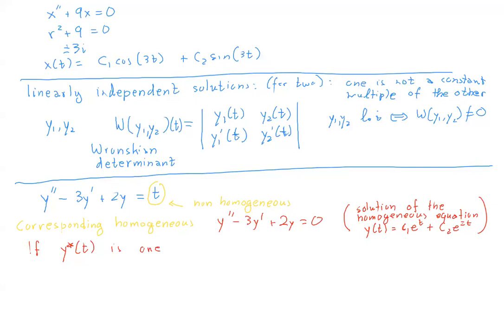When I say one solution, I mean I'm not expecting any constant in it. So when y star of t is one solution, and sometimes people call it one special solution of the non-homogeneous equation,